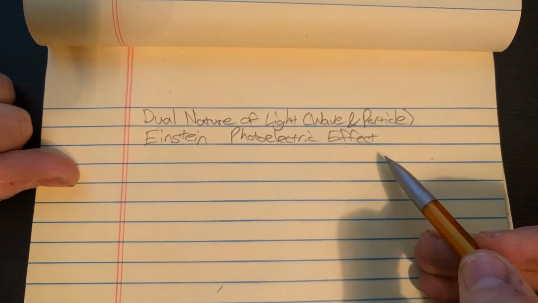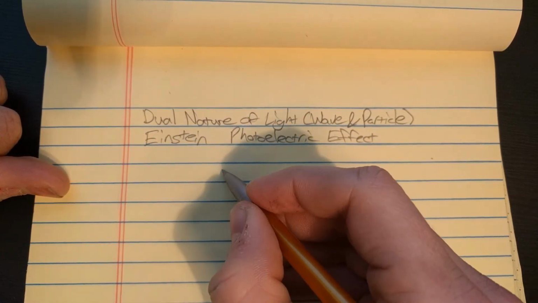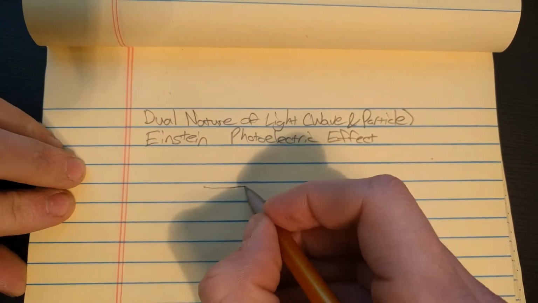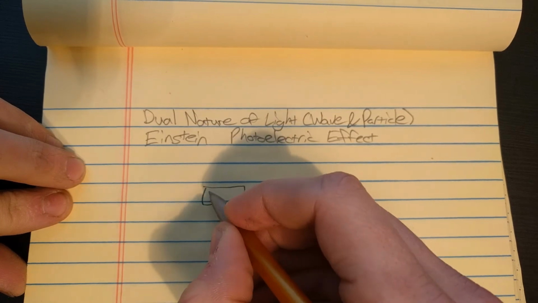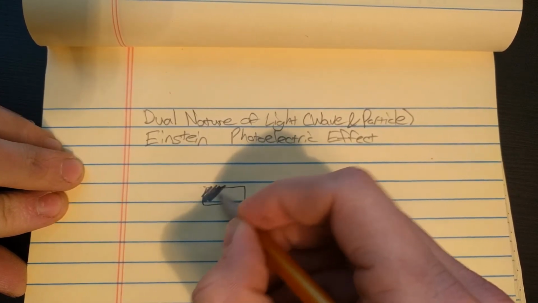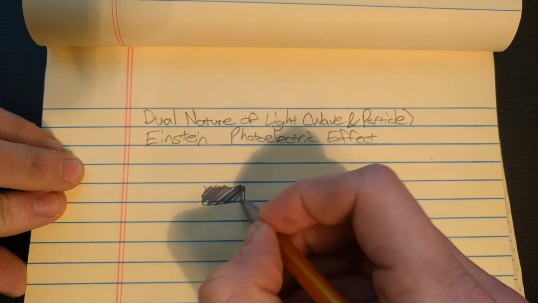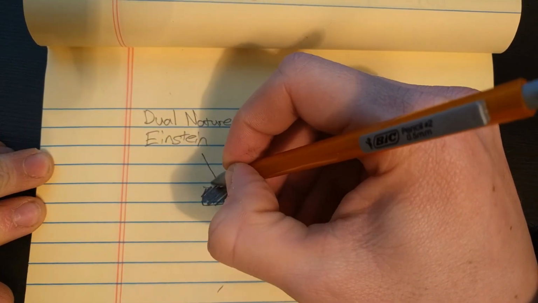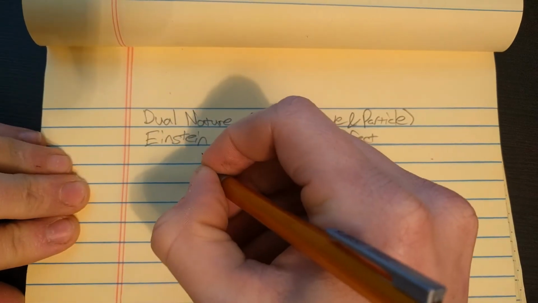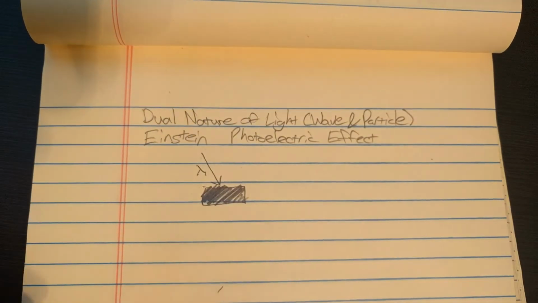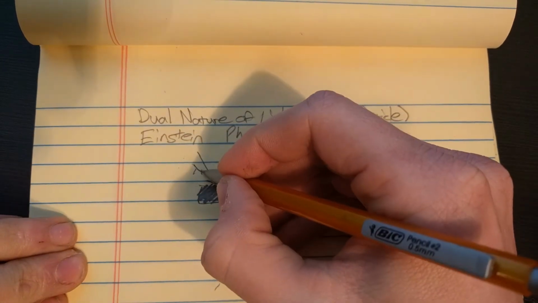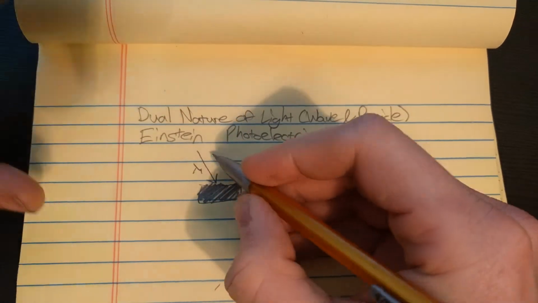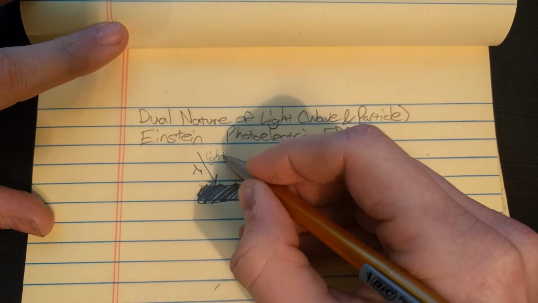So to explain the photoelectric effect, imagine we have a block of metal. Let's say we have a block of gold, okay? This is our block of gold right here. And imagine we shoot light at it with a certain wavelength. We'll call it lambda 1. Remember, wavelength is usually denoted by the Greek letter lambda. So we have light coming in of wavelength lambda 1,